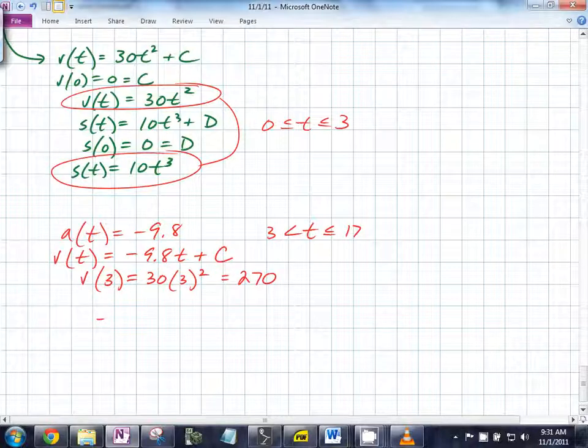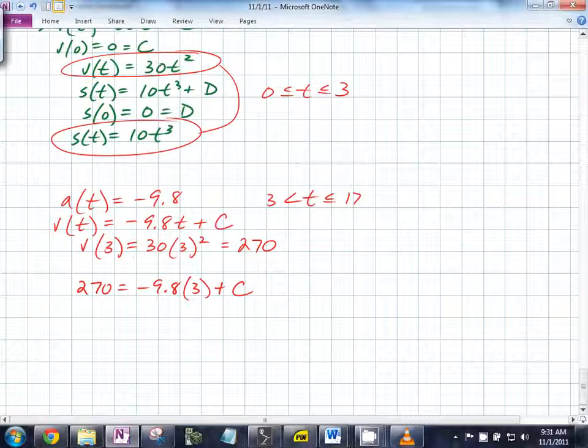So what do we know? We know that 270 is equal to negative 9.8 times 3 plus c. I don't like using c here. We already used d. So what are we going to call it? Let's call this plus e right here. So what is e going to be equal to right here? 299. Yeah. So it's going to be 270 plus